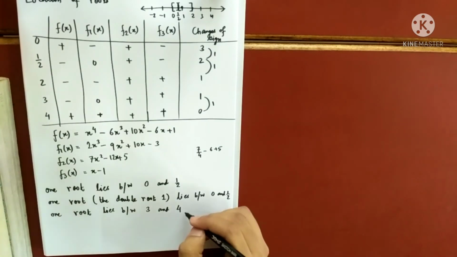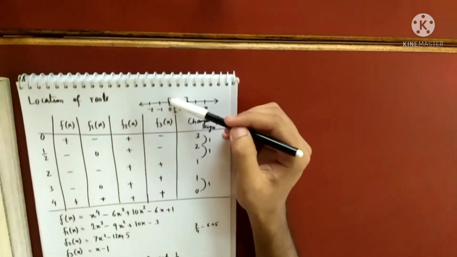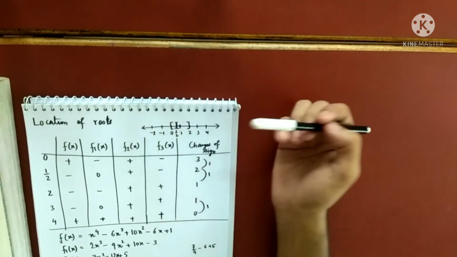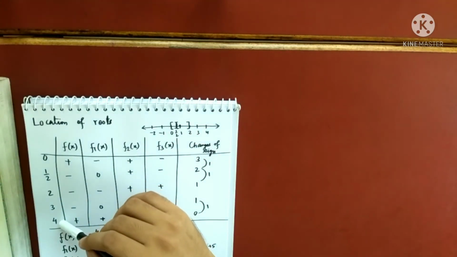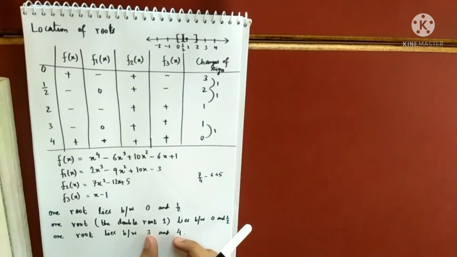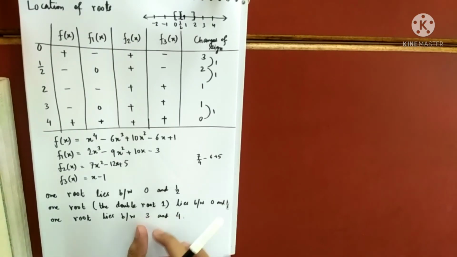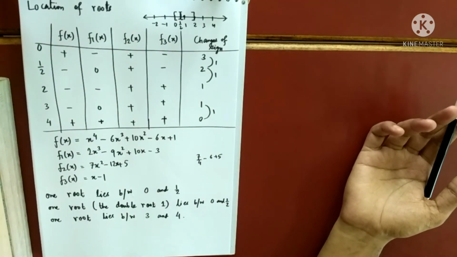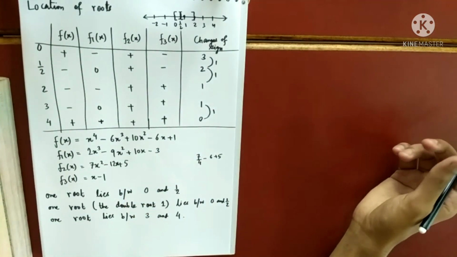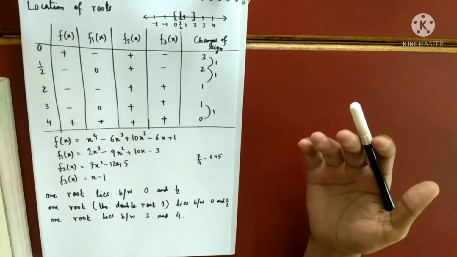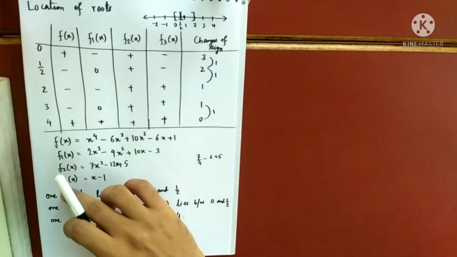Now you might be asking, sir, why did you choose half and no other number? You could have chosen another number also, 3 by 4, suppose. Instead of taking 3 to 4, you could have chosen 3 to 5. That is completely up to you. That is also correct, because if a root lies between 3 and 4, the root will definitely lie between 3 and 5, and 2 and 5, and so on. There is no problem in that. We'll try to choose as small an interval as possible, but that will lead to a lot of calculations. But this is the idea.